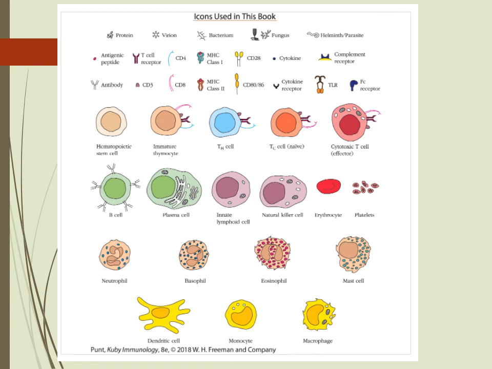The last slide just shows some of the icons that are going to be used so that this becomes a useful reference page. I did post this as either an image, like a JPEG, or as a PDF, I can't remember which one, up onto the learning management system. And so it's useful to have because as you're looking at the slides, these are just some of the common icons and some of the common cells. So in chapter 2, we'll talk about these different cells and what are their functions. Are they innate? Are they adaptive?